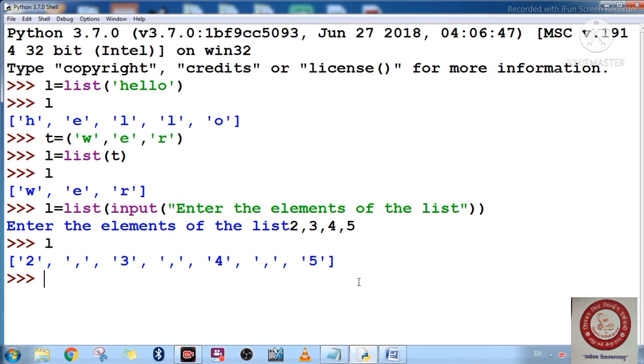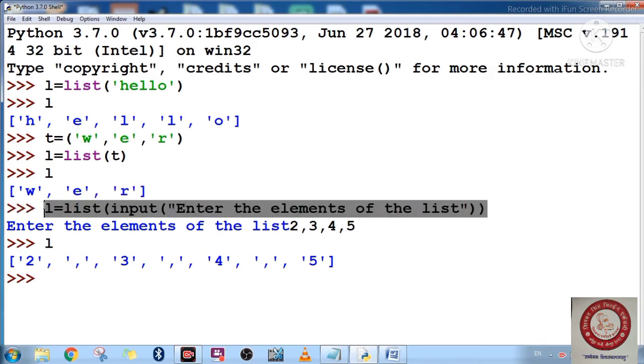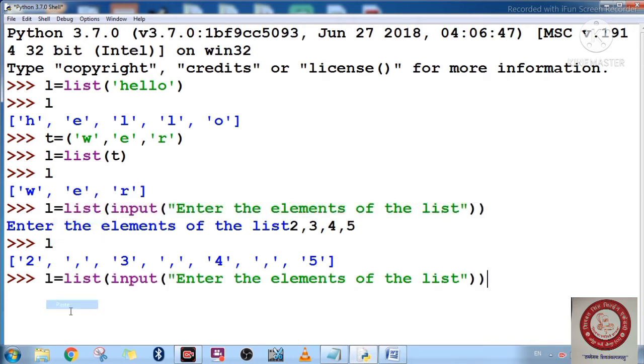Suppose I want to run one more time. So you have to press Alt P here. You have to press Alt P for repeating the command. So I'm just going to take a copy of this thing. Press enter. Now it is asking for the number. Then I have written 2, 3, 4, 5.